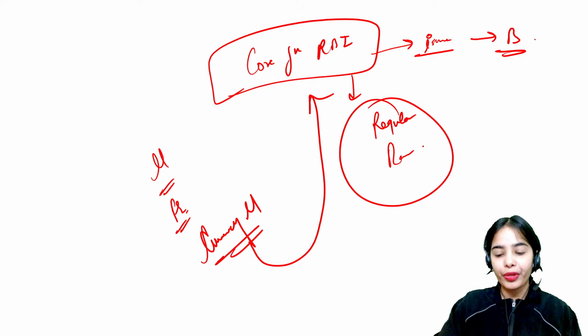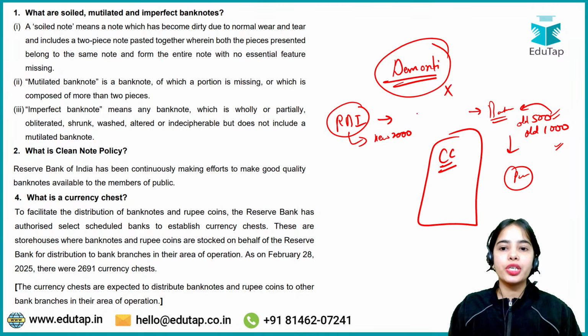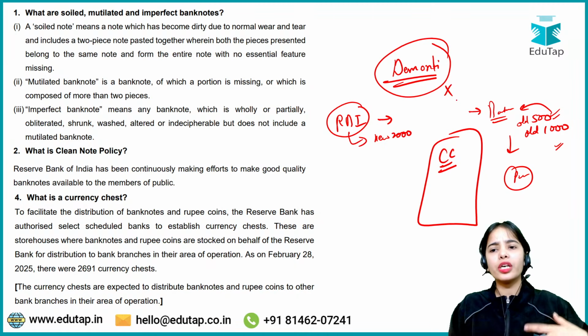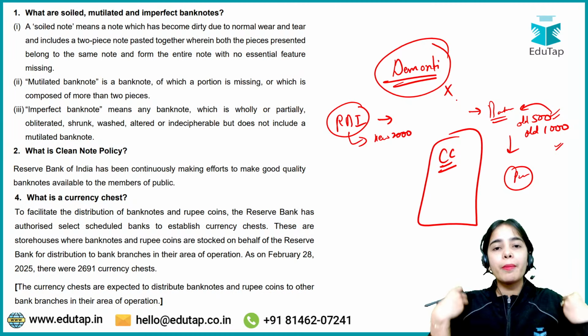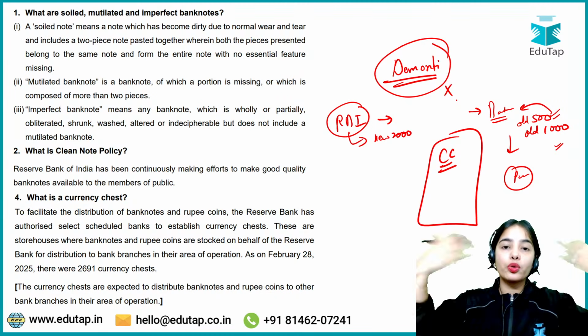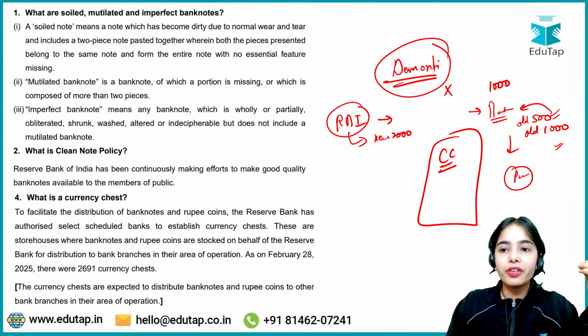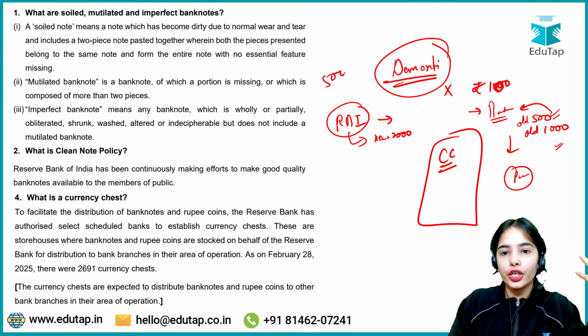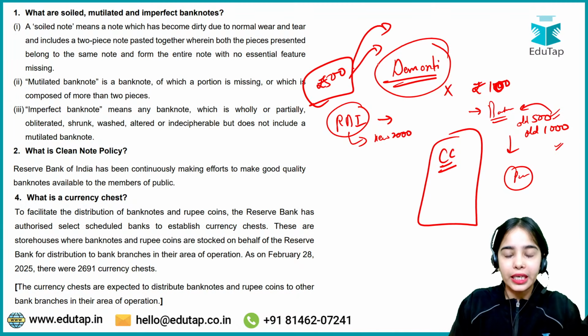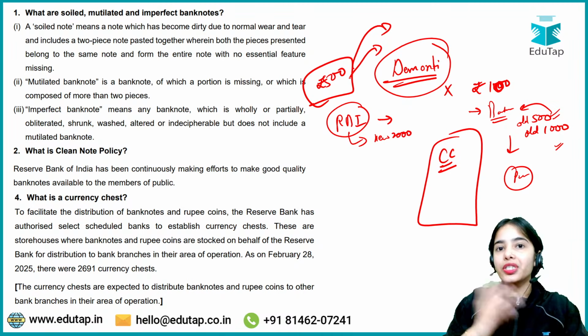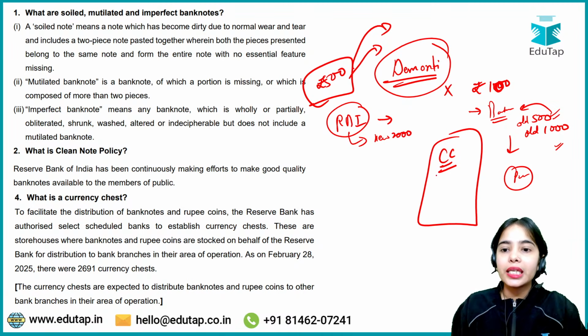So during the demonetization, or normally also, if the bank requires money, do all the bank branches always have to go to RBI to take the money? That okay, we have the 100 rupee notes, but we require the 500 rupee notes to use in the ATMs. So do all the bank branches have to go to RBI? No. There are the currency chests that are available. Now, what are the currency chests?